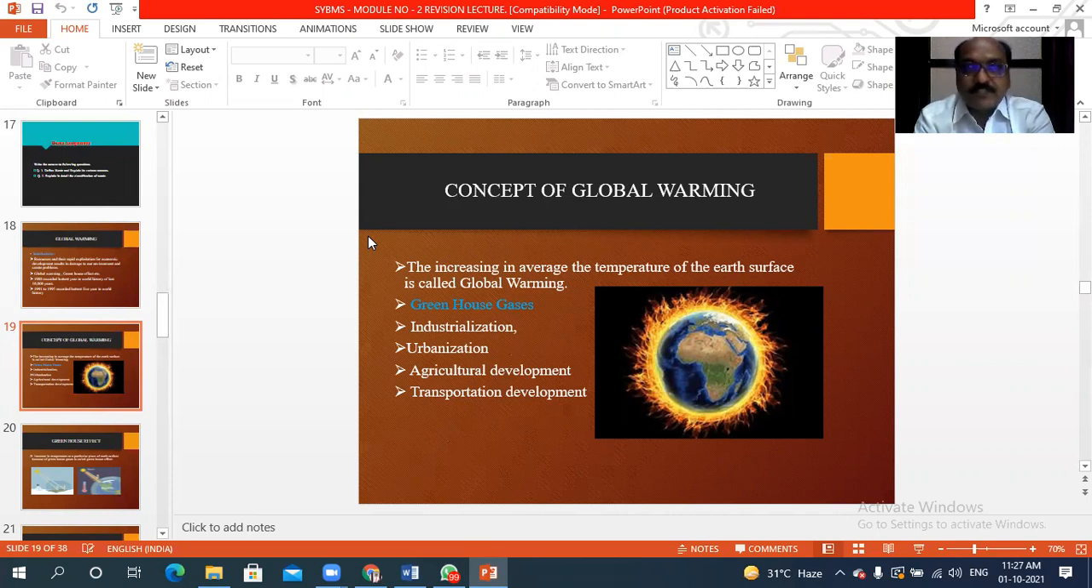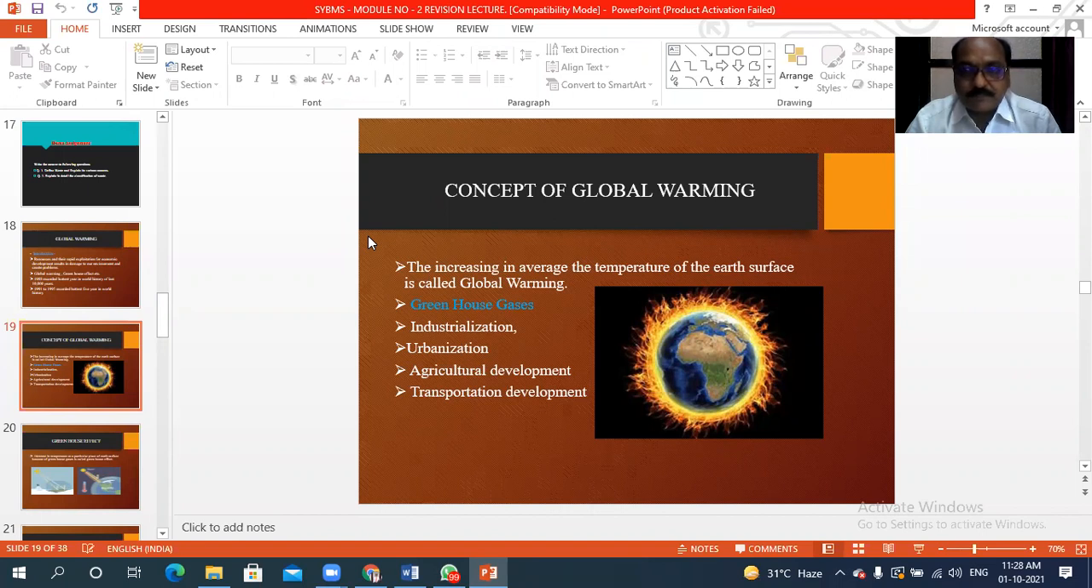Why does the temperature increase? Dear students, because of the increasing percentage of greenhouse gases in the environment, the temperature of the earth increases. What are the greenhouse gases? First, most important, carbon dioxide. Second, CFC, chlorofluorocarbon. Third, methane. Fourth, ozone. Fifth, nitrous oxide. These are the major greenhouse gases which are responsible for the increase in temperature on the Earth's